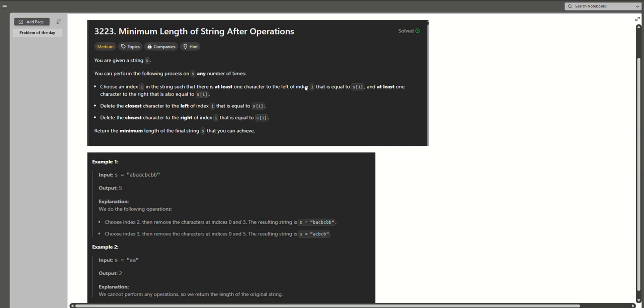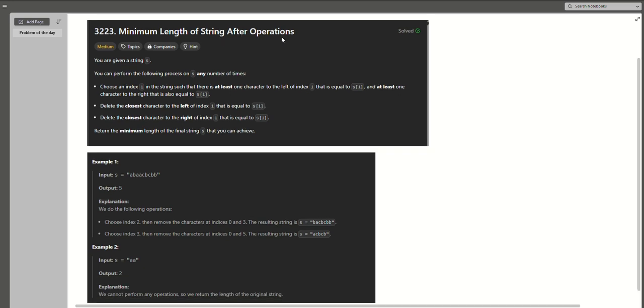Okay, we are doing Leetcode 3223, minimum length of a string after operations. Now, since you are here, I'm assuming that you have already read the question. It says you're given a string S. We need to choose an index I